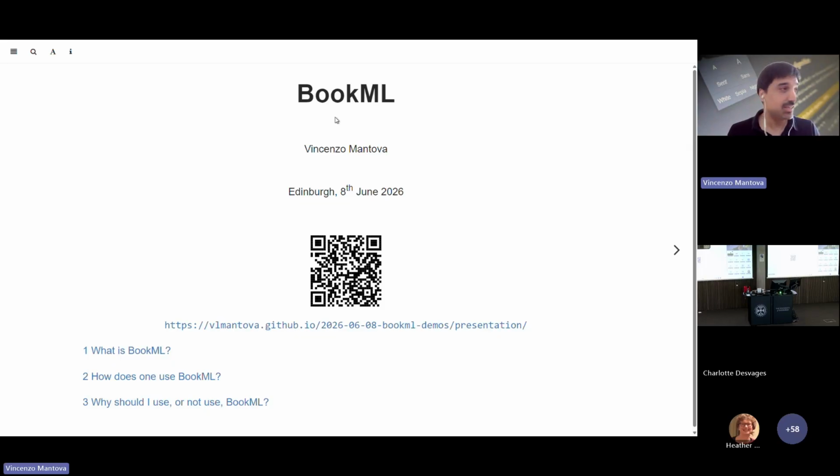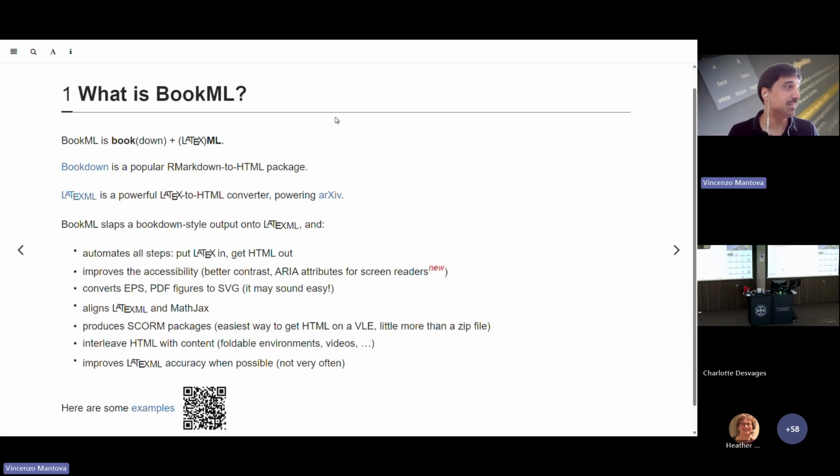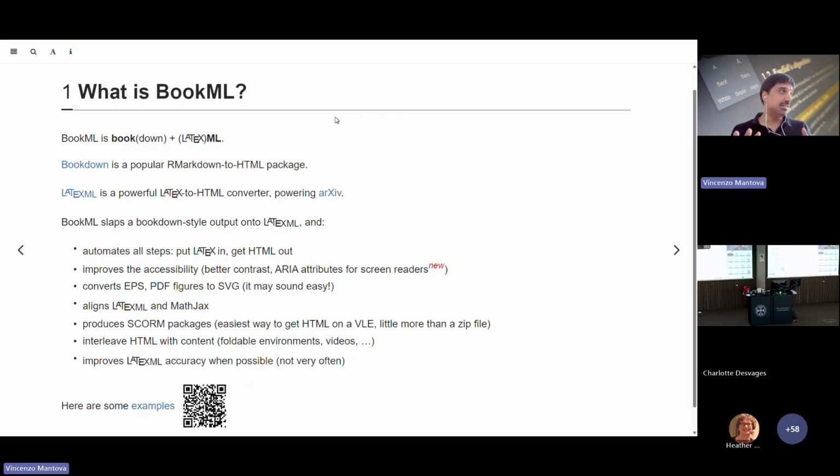Okay, so let me move on here. I posted the link to this presentation in the chat. Okay, so what is BookML? Let's start from there. BookML is a sort of merge, hybrid of Bookdown and LaTeXML. Bookdown is an R Markdown package, more or less. Well, it's an R package that is about writing things in R Markdown and converting it to a sort of nice HTML